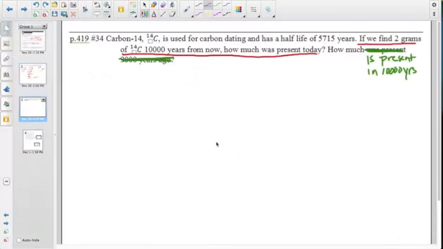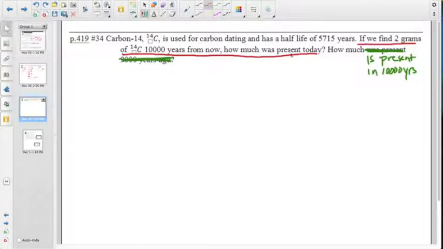Here's a classic example of a decay function. We're talking about carbon dating here, and we're saying that carbon-14 has a half-life of 5,715 years. If we find 2 grams of carbon-14 10,000 years from now, how much was present today? So this is roughly 2 half-lives. And so if we think about it in terms of half-lives, if we've got 2 grams in 10,000 years, then